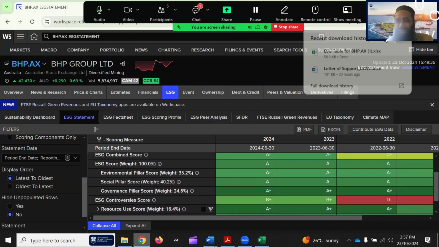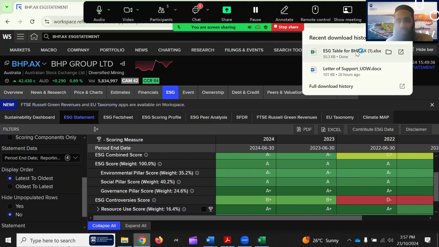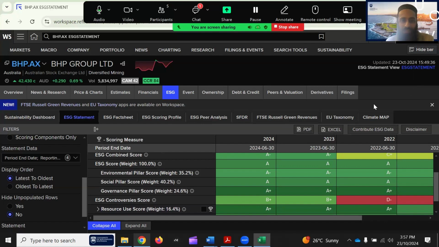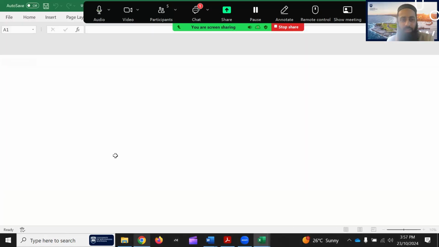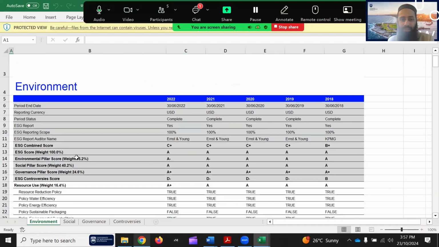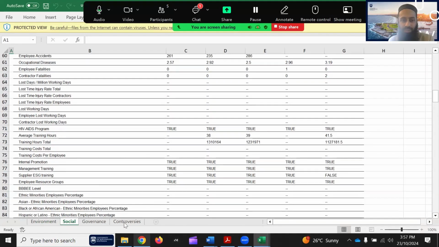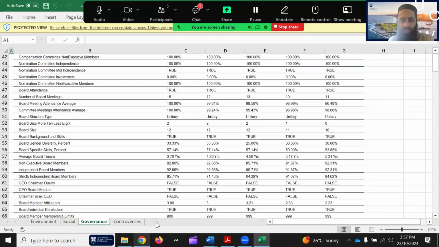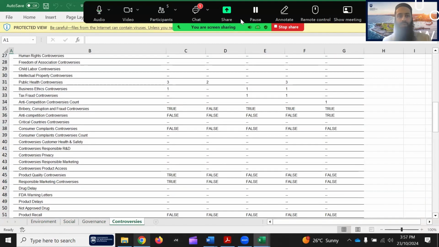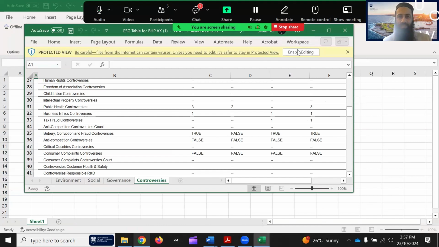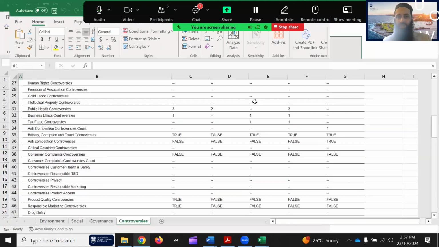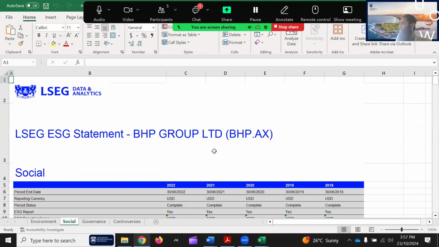Okay, I think that might have been downloaded here. I don't know if it is downloaded now or it was downloaded when I was giving the workshop. Yeah, so this is the environmental data in one tab, social data in another tab, governance, all the subcategories, and under that, controversies, everything has been downloaded. One thing I mentioned in my previous workshop: once you download this data, you can also use this Excel spreadsheet to see if that variable or indicator is available in Refinitiv ESG or not.